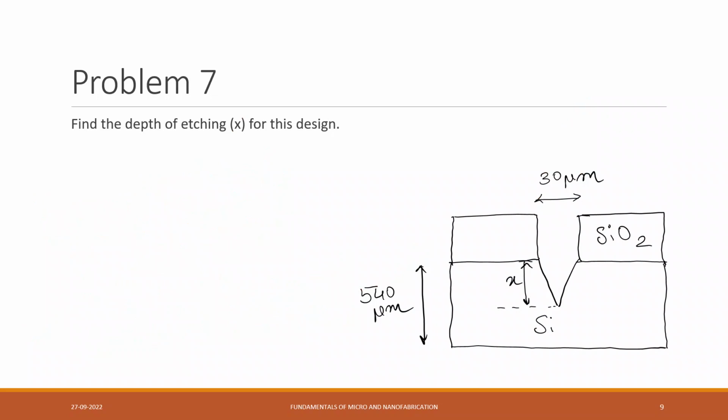So this is the question. You have to find the depth of etching for this. So you have to find the X here. This is silicon wafer, and this is silicon oxide passivating layer, and this is 30 microns, and the total silicon is 540 microns. You have to tell what is the X, and this plane is 111, and